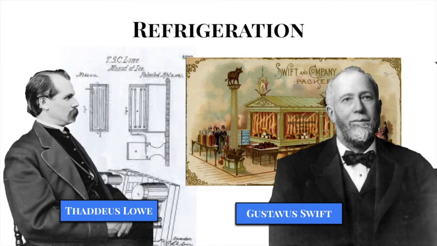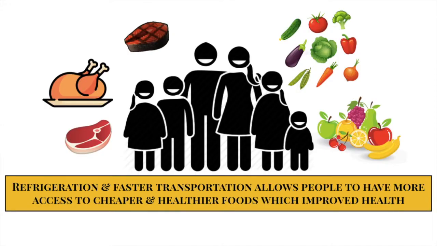We're going to see refrigeration developed by guys like Thaddeus Lowe and Gustavus Swift that are going to provide refrigeration opportunities so that you can ship foods over longer distances and keep them fresh for longer periods of time, which replaces your need to go to the market every day, which takes up a lot of time. You can then ship goods across the country that would normally spoil without refrigeration. So that's going to be a huge game changer.